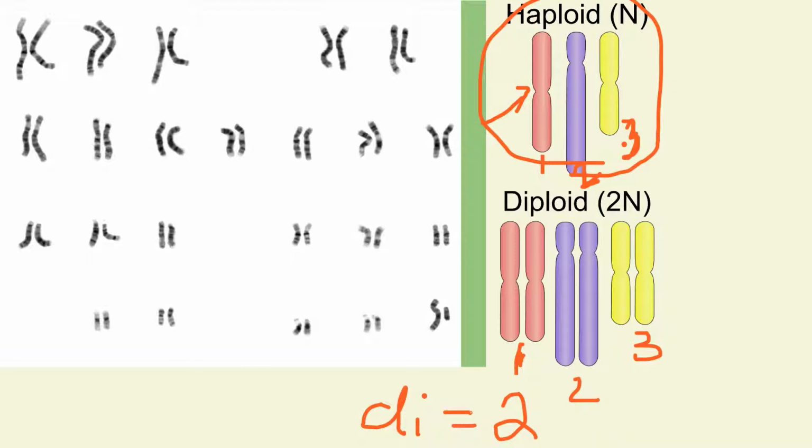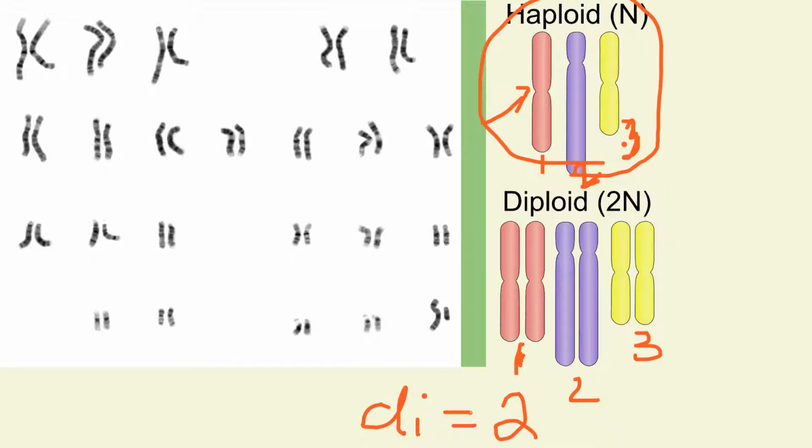Okay. The haploid cells, where there's only 1 copy, these are going to be the sex cells in an organism. So in males that would be sperm, in females that would be the ovum. Humans have 23 chromosomes in a haploid. In the diploid, they have 23 chromosome pairs.